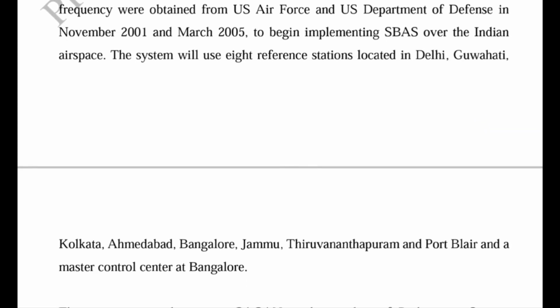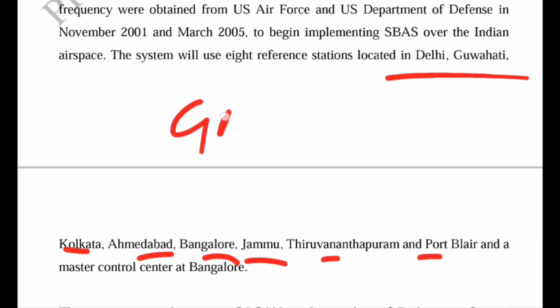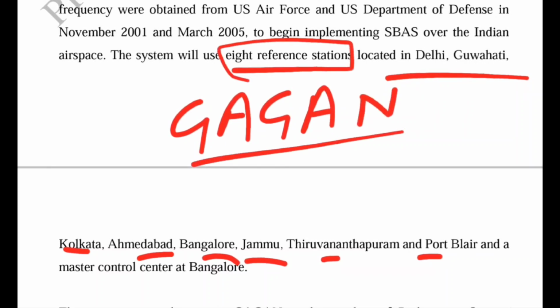So the system will use 8 reference stations, which are located in Delhi, Guwahati, Kolkata, Ahmedabad, Bangalore, Jammu, Thiruvananthapuram and Port Blair. So this Gagan has 8 reference stations, and we know a reference station is already set up at a known location, which is known as the reference receiver. But these are the stations which are located in 8 large cities,